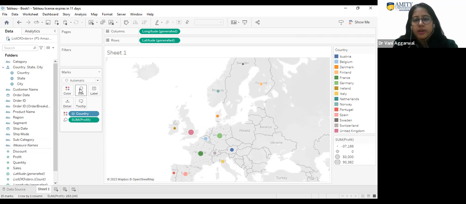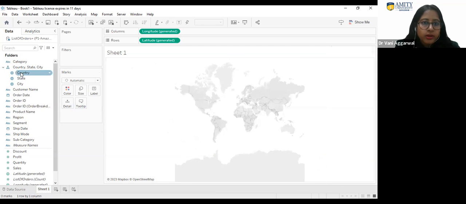Okay, so I've added profit. So I'm looking for country wise profit, and I have added country into colors and profit into size. Okay, right? All right. Or maybe if I want country,